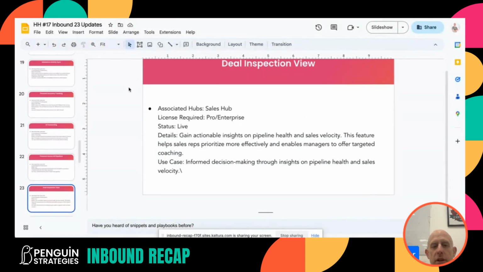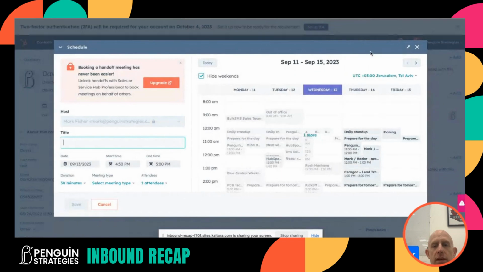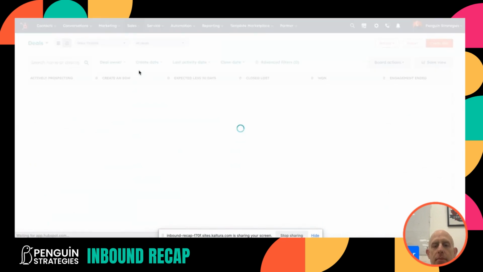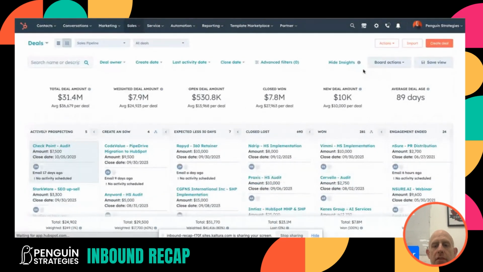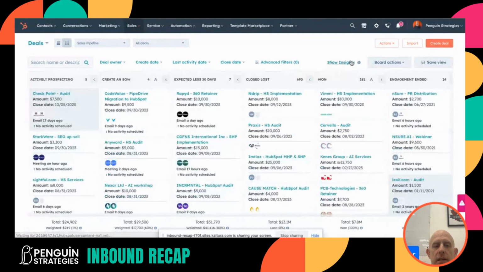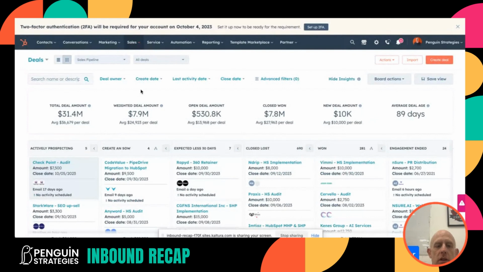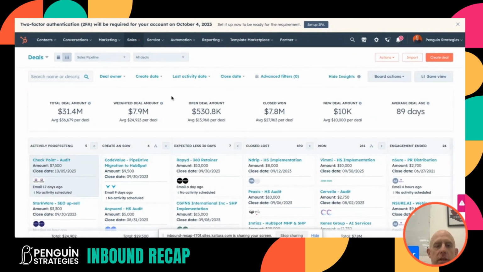Deal inspection view. So this is gaining actionable insights on the pipeline, on the health, informed decision making, and so on and so forth. So this is important. Now, if you go into the deals, you'll see in your portal that you have the option to hide the insights, or you have the option now to see the deal amounts, closed one, average deal, and so on and so